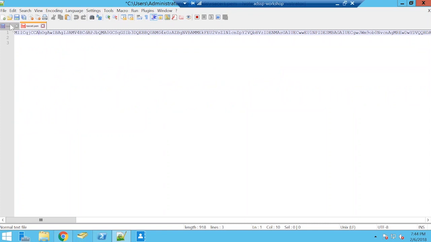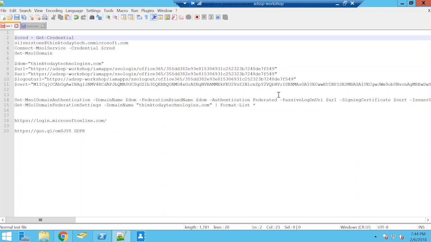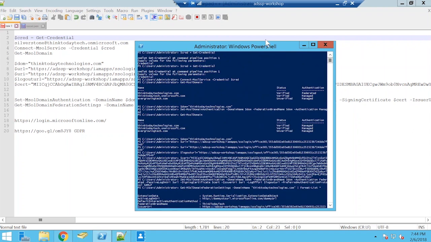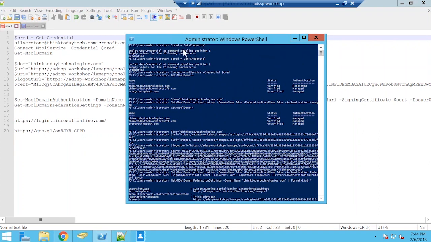So there is a little edit that you're required to do. You can see the configuration steps available here. Also, I have already executed the PowerShell command right here. Starting from the get credential command, you can see that initially when I used the Get-MsolDomain command, the thinktodaytechnologies.com authentication status was verified and it said federated, but this status needs to be managed, so you can